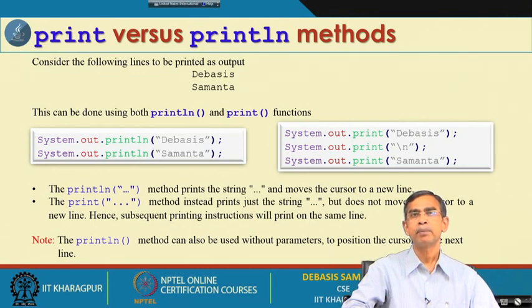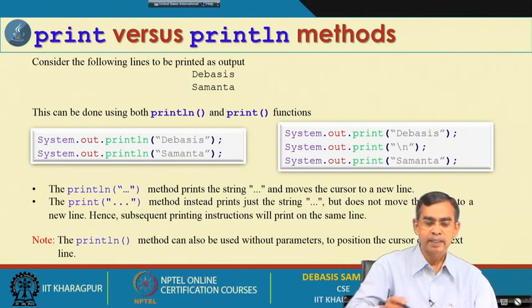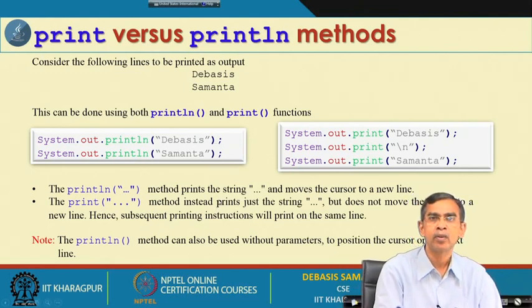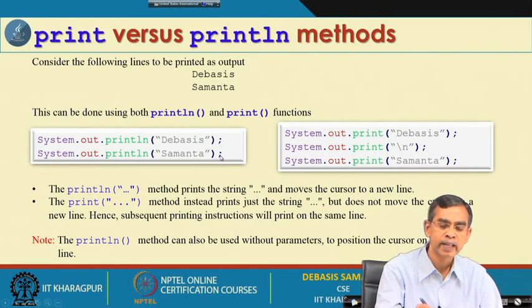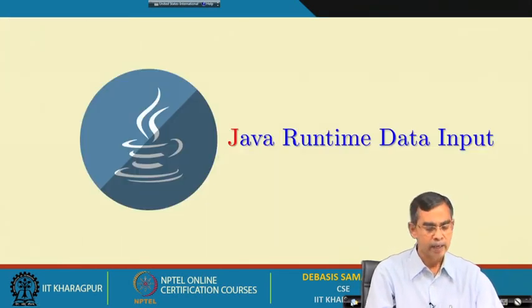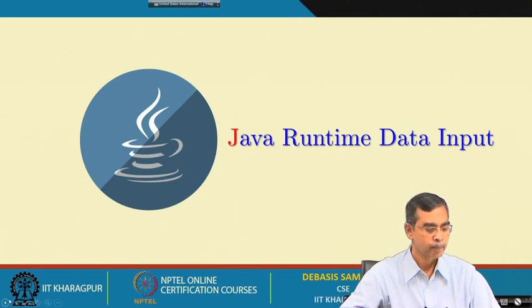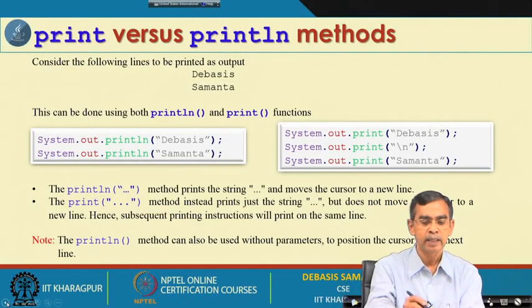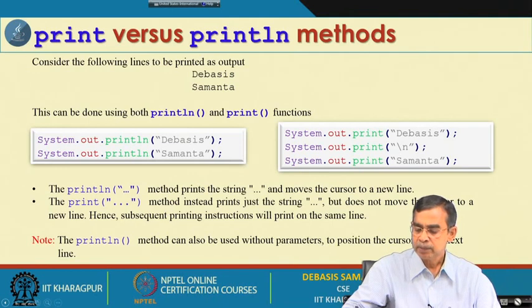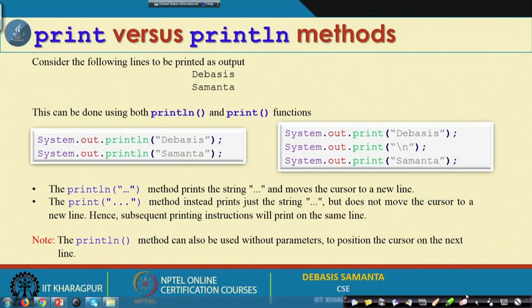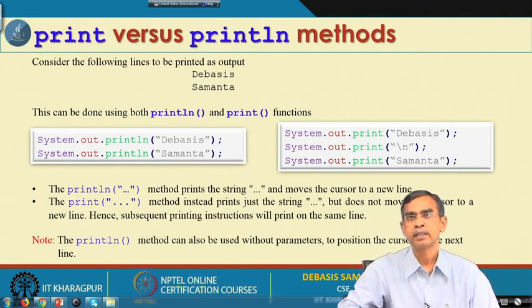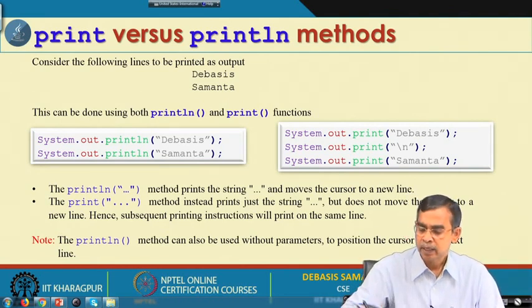The difference between println and print is that after the output, the cursor will go automatically to the next line if we use println. So, ln stands for next line. If you use print, the cursor will not go to the next line, but if you again want to force your cursor to go to the next line, then you use \n.